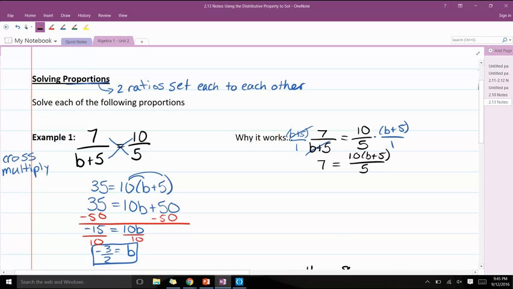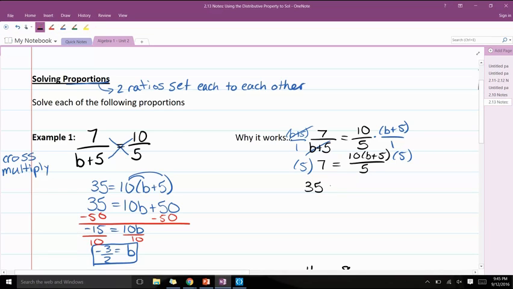Now, some people might say, hey, I'm going to do 10 divided by 5, which you could. But again, I'm trying to prove to you why this cross multiplication works. So let's say I want to get that 5 out of the denominator. What can I multiply each side by? 5. Okay, so if I multiply each side of my fraction by 5, what I'm hoping you see is we